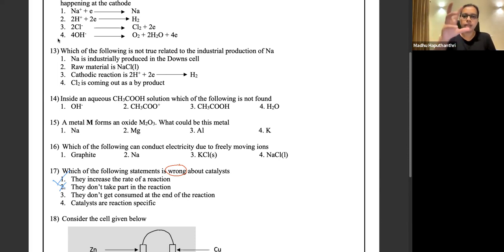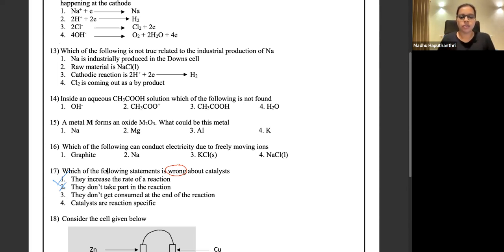They come, they get involved in the reaction, they are doing whatever job they're supposed to do. After finishing their job, they are going out. They are not getting overall consumed. Overall consumption is not there, but they do take part in the reaction. Just imagine without taking part in the reaction, how would they accelerate the reaction rate? They have to give a certain participation.